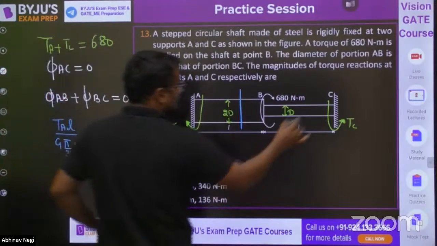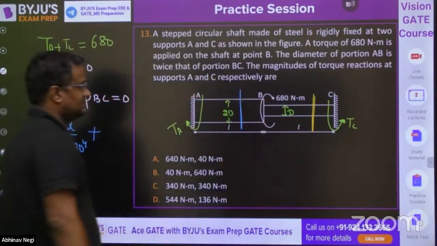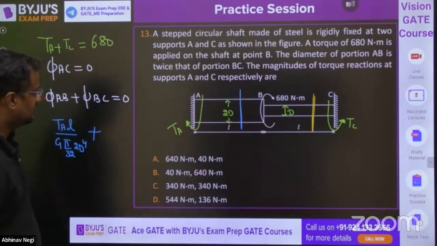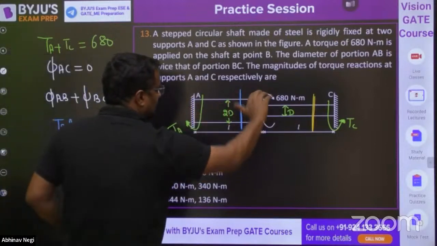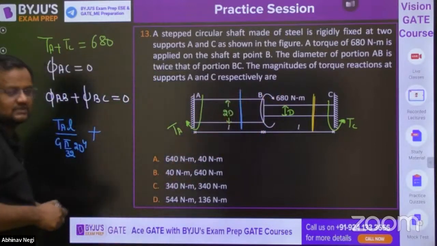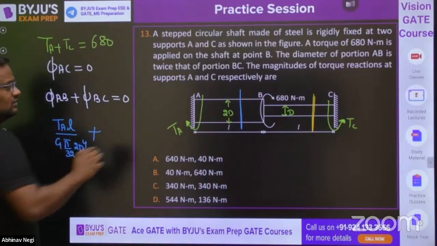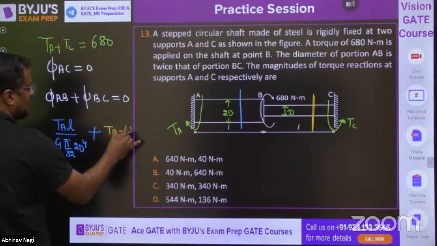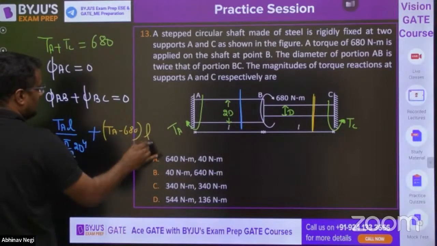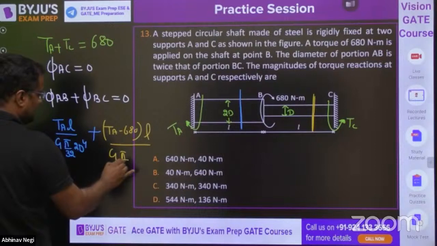For phi BC, cut a section here, see from left or right. Let us see from left. So TA, if I curl it, it is inside, so positive. Curl the right hand like this, going outside is minus. Any sign convention you take here. If this is plus, that will be minus. So (TA minus 680) into L upon GIP, that is pi by 32 into D to the power 4,